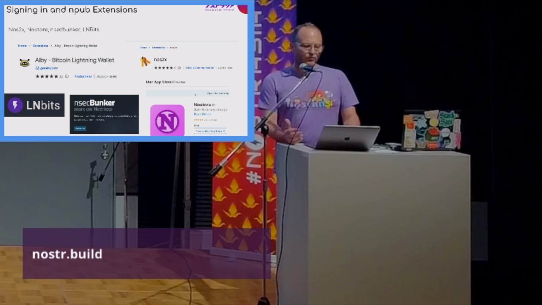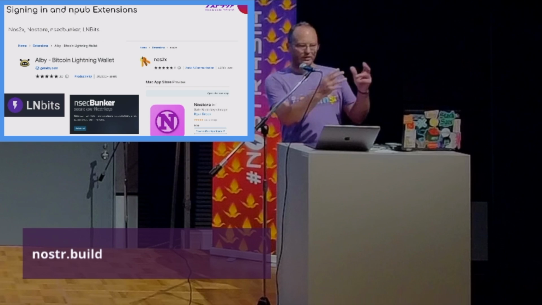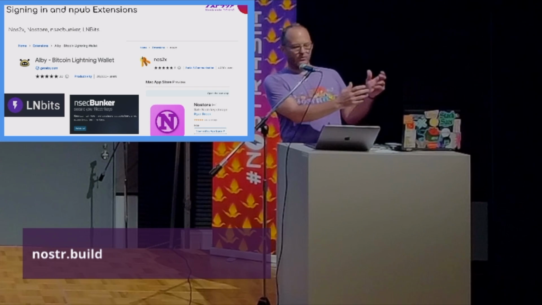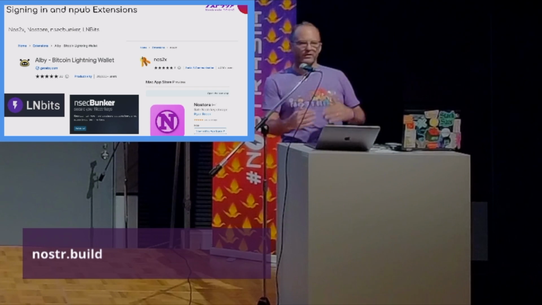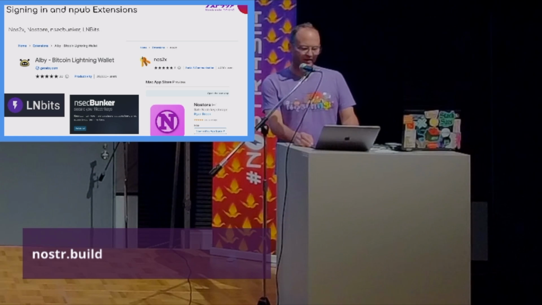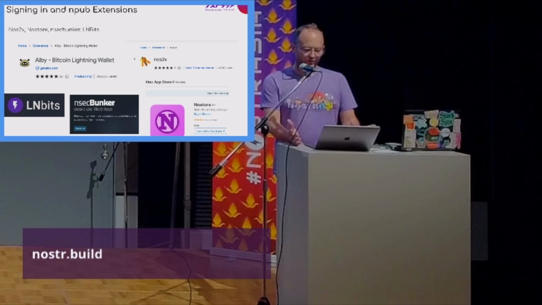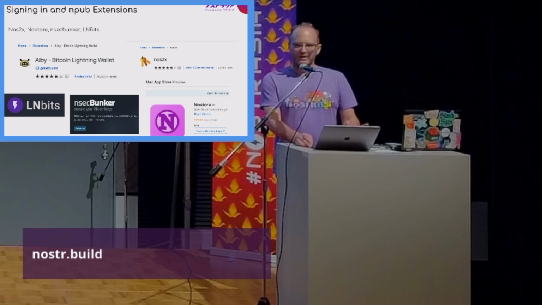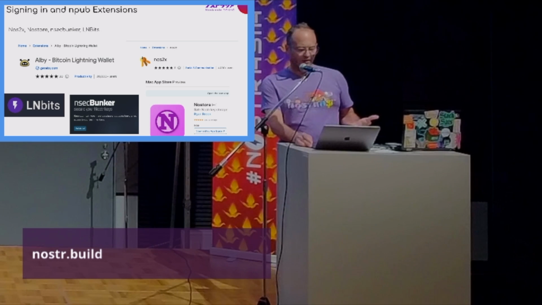So they've created what they call extensions. The extensions basically allow you to put your private key into it one time, but then it is able to work with the other apps, and so it doesn't actually put your private key into the other apps, right? It keeps your private key safe. Some of these extensions: Nos2x. Nos2x is what I use. Fiatjaf created that. Nostr Connect, Nsec Bunker, Pablo did that, LNbits. So there's already a selection of ways you can log into these different apps safely.